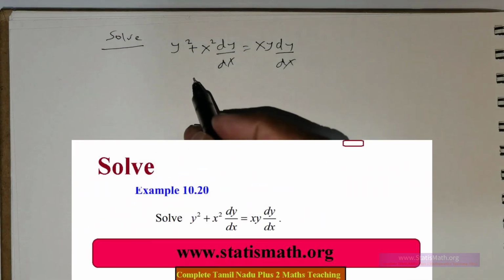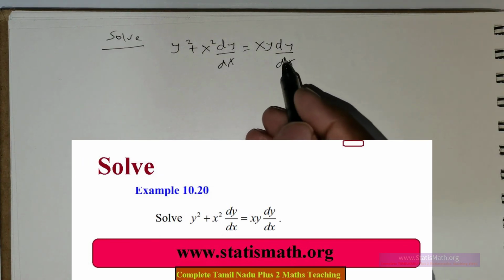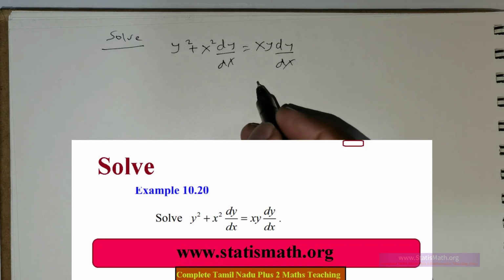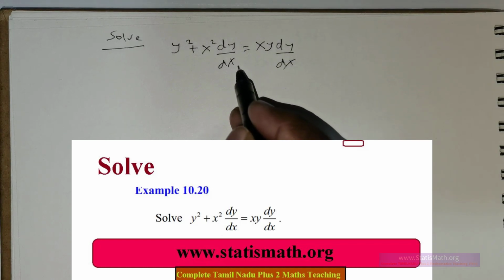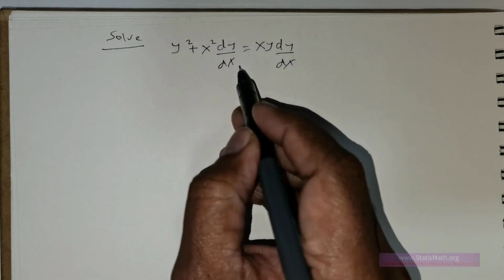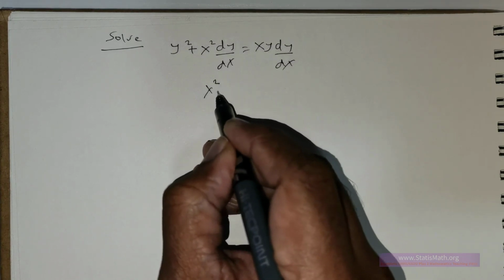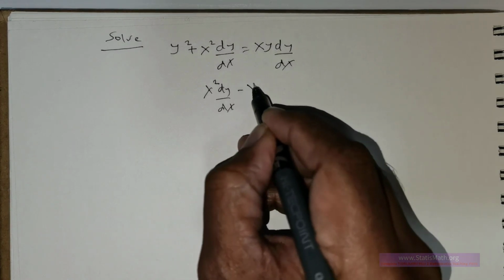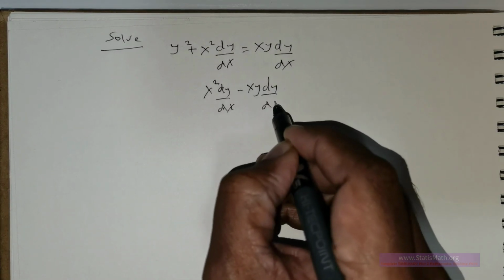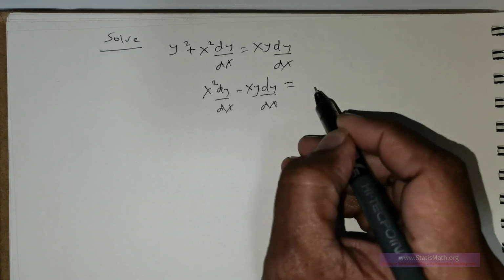Suppose we are given this question: y squared plus x squared times dy/dx is equal to xy times dy/dx. Foremost, we can club these two quantities and take dy/dx out as a common factor. So this is going to be x squared dy/dx minus xy dy/dx, and which is equal to